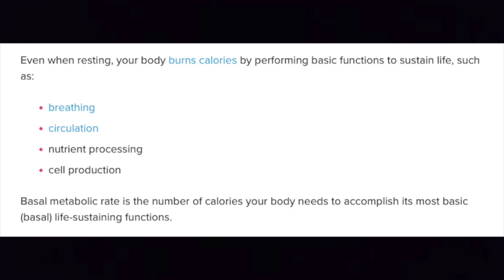So on healthline.com, they tell us a basal metabolic rate is based around, even when your body is resting, your body burns calories by performing basic functions to sustain life, such as breathing, circulation, nutrient processing, and cell production. So a basal metabolic rate is the number of calories your body needs to accomplish its most basic, basal, life-sustaining functions. So first and foremost, we're finding your base metabolic rate, which is the overall number your body is expending, or the overall caloric number that your body is expending throughout the course of a day